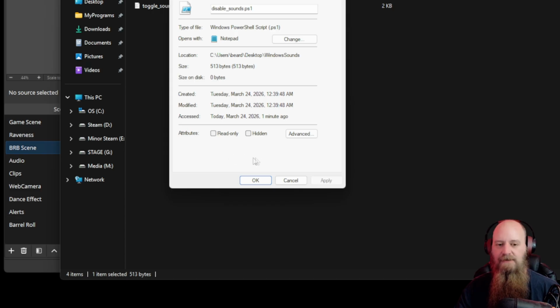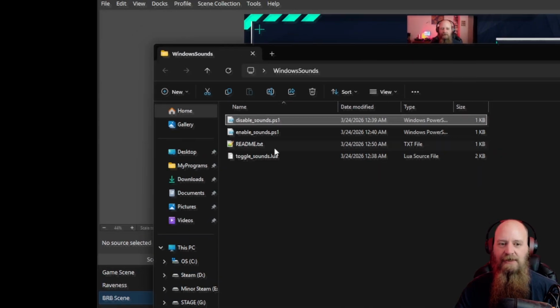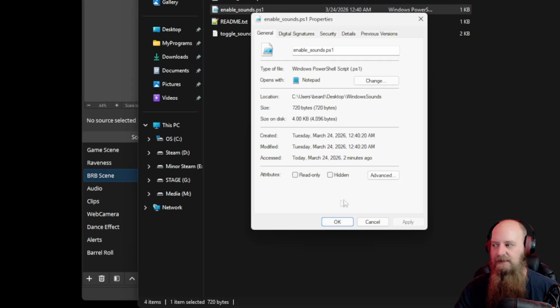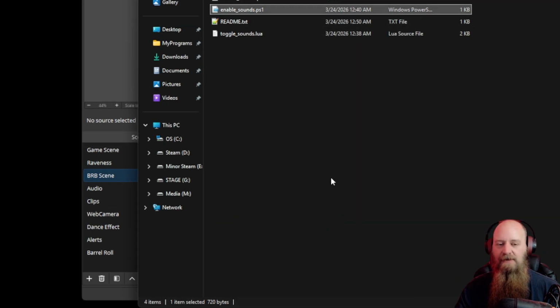And it'll say, this script is being blocked from running. If you check the unblock button, and you only have to do this once, and then click apply and OK, and then you'll go into enable sounds, click on properties, and do the same thing there. But you shouldn't have that problem. But if you do,